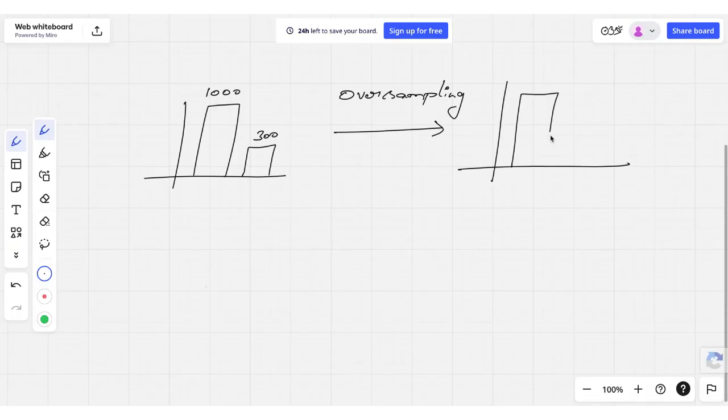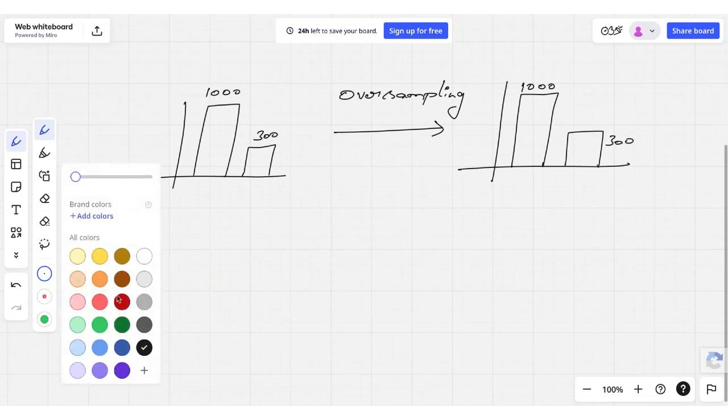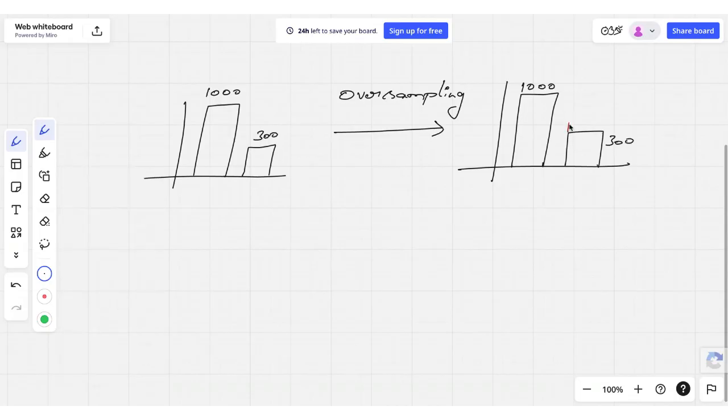Your majority is 1000 now, and your minority is 300. So almost 700 observations will be increased in order to match with the majority class.